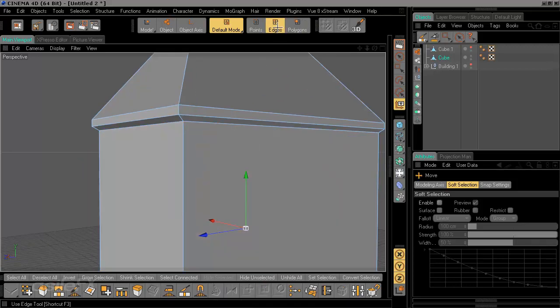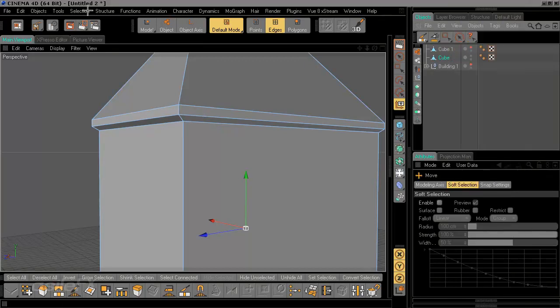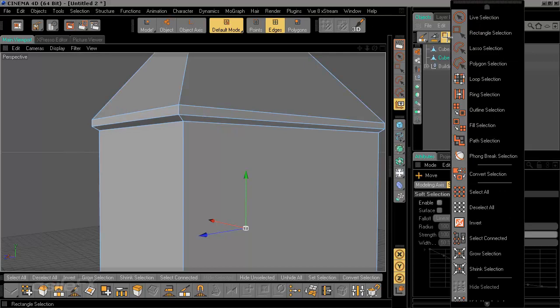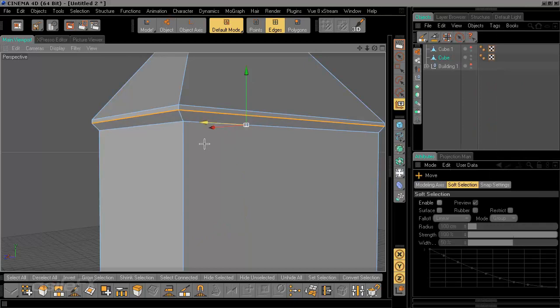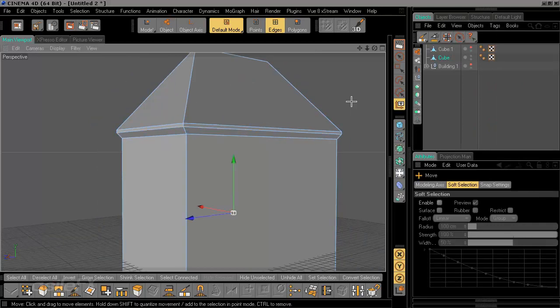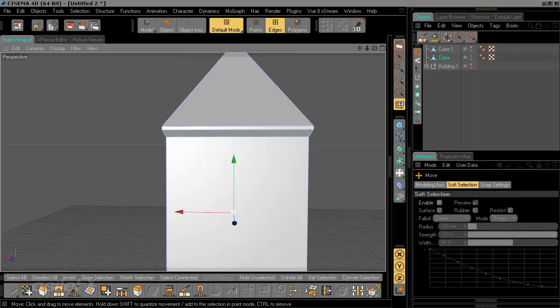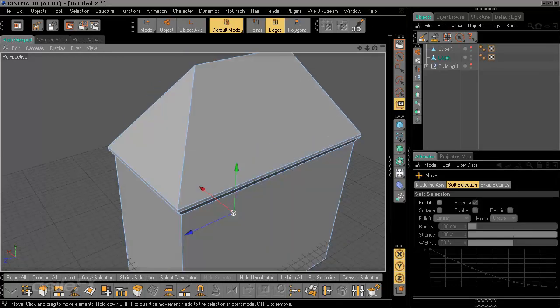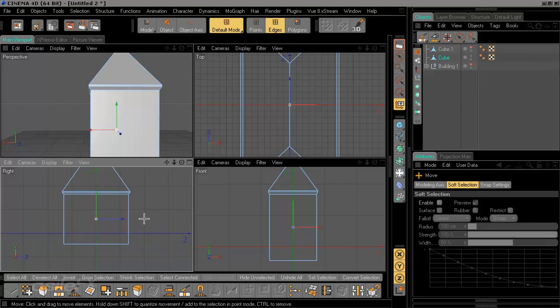If we go over to the edge mode and then select edges, we can choose to do a loop selection. And I have my entire selection pulled down from the top, just condensed into this toolbar. So I can do a loop selection and then just move those up. And this will give us just a little bit of a lip around the bottom of the object. And if we need to stretch in or out more on certain sides, or on one side more than another,